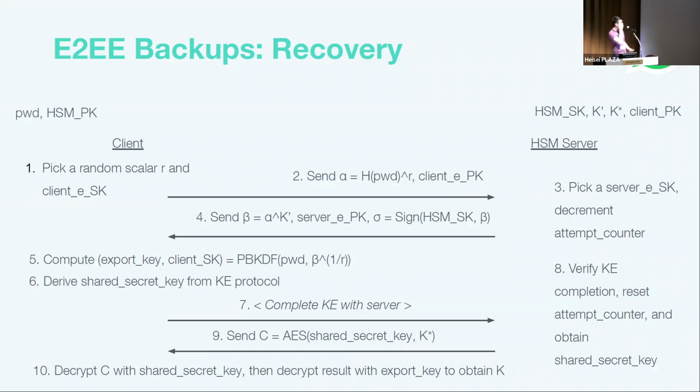Okay, so thanks for bearing with me on that. There's a lot of details, but one part that I wanted to highlight in this design is that we're decrementing the attempt counter in step 3, which is kind of a weird place to do it because it's in the middle of the protocol. It seems like the most logical thing would be to only decrement once the server realizes that the client entered an incorrect password, right? So maybe one open question is, why do we decrement in step 3 instead of step 8? And the interesting thing about Opaque is that